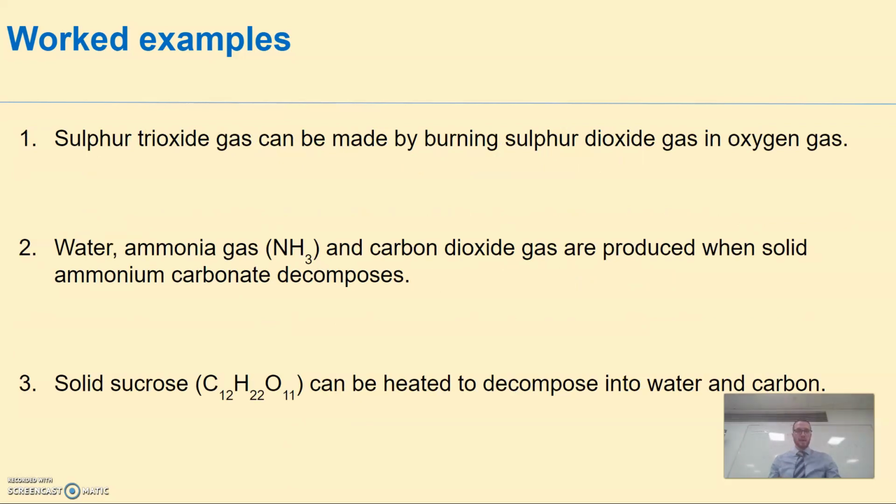Let's do one example of here. Sulfur trioxide gas can be made by burning sulfur dioxide gas in oxygen. Sulfur trioxide, SO3, can be made, so that's the product. Sulfur dioxide there, right? So I would go sulfur dioxide, gas, plus oxygen, gas, goes to give